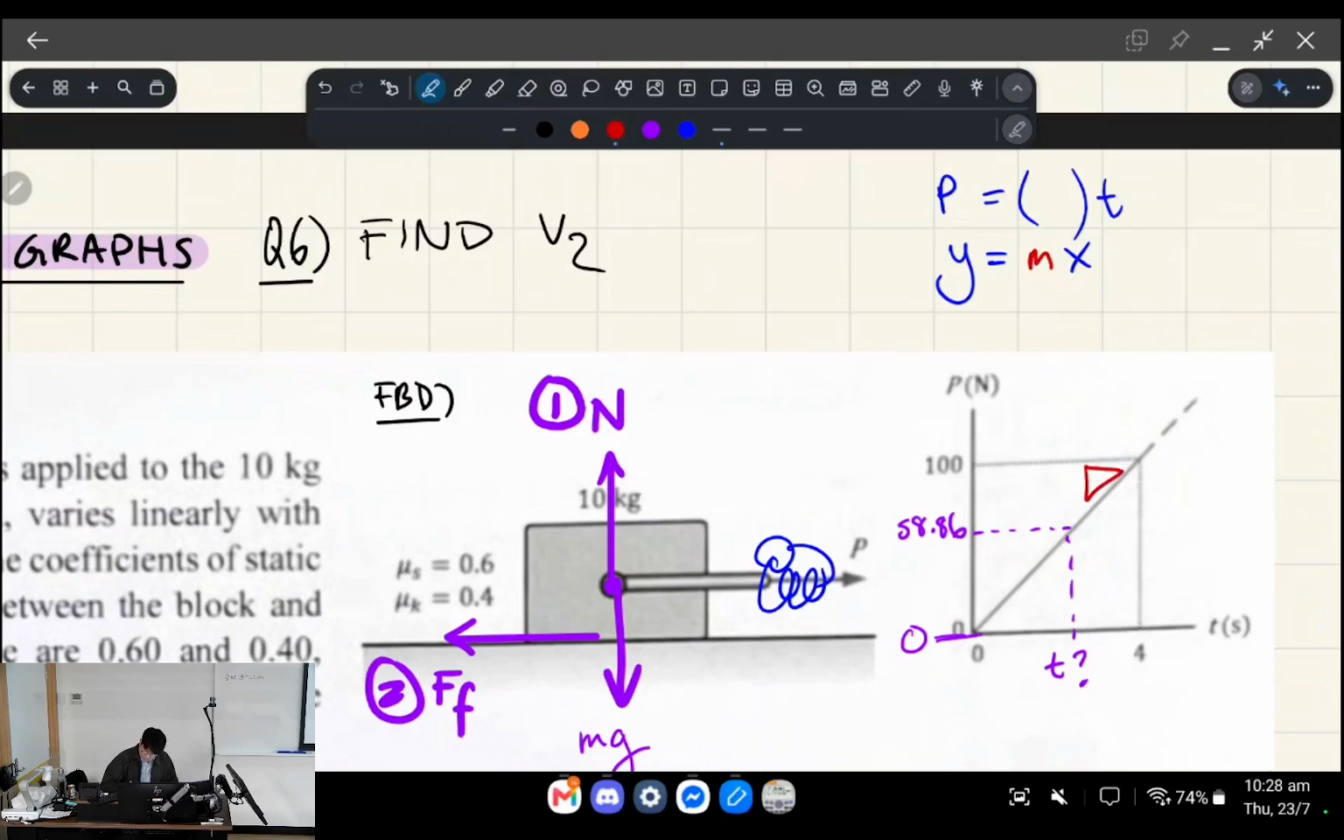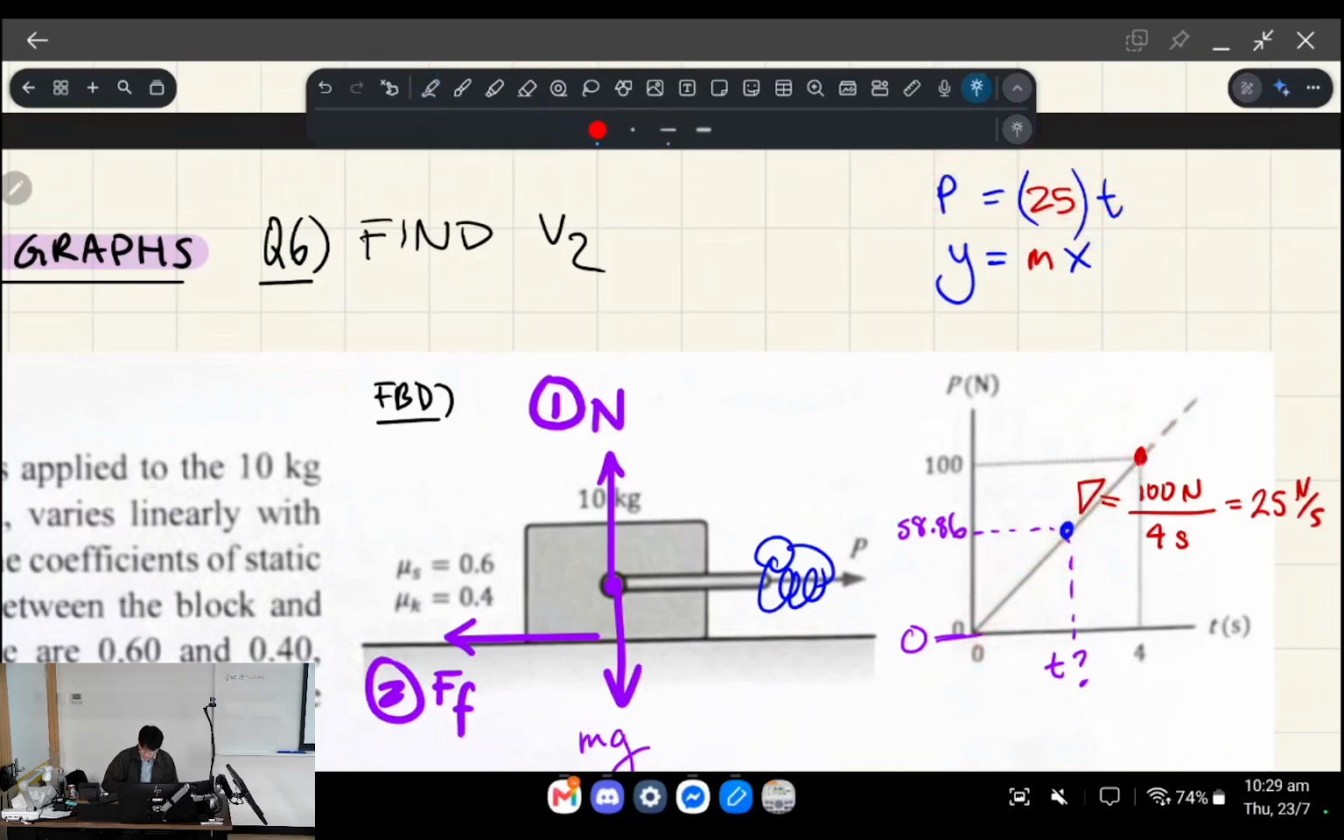So m is just the rise over run, and we have a known point: 100 newtons over 4 seconds. That tells us the gradient is going to be 25 newtons per second. That's the increase of pulling force over time. Every second, it's going to increase by 25. So now we can say P is equal to 25t is the equation